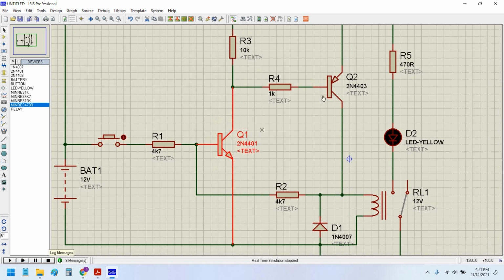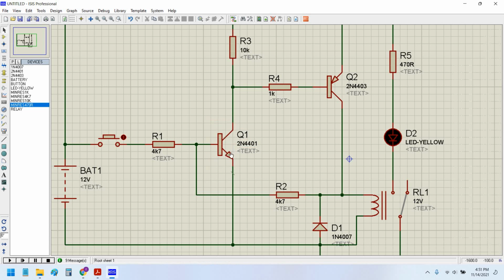This is the NPN BJT transistor, and this is a PNP BJT transistor. As soon as I hit the push button, the 12-volt biasing voltage turns on the NPN transistor and biases the current through the 4.7 kilo ohm resistor. NPN transistors always go into saturation, and this switch will behave as a short circuit.